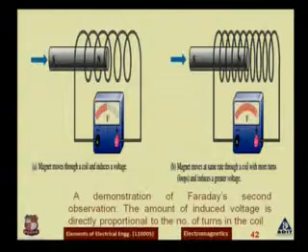Another demonstration is that when the magnet moves through a coil, the induced voltage is also proportional to the number of turns in the coil. See, in the left-hand figure the number of turns used is less, and if I pass this magnet through this coil, what will happen? The EMF that is induced will be lesser. But here, when this magnet cuts this conducting coil, the EMF that is induced will be larger.